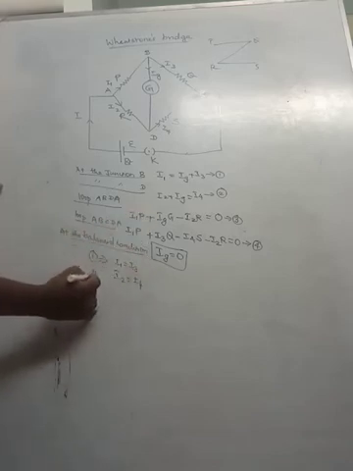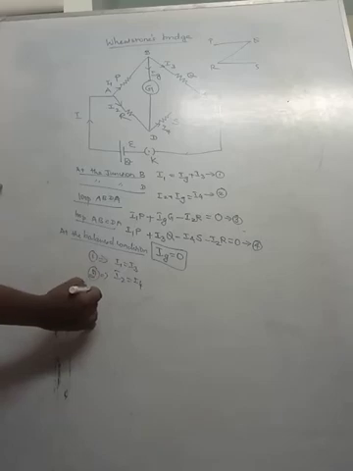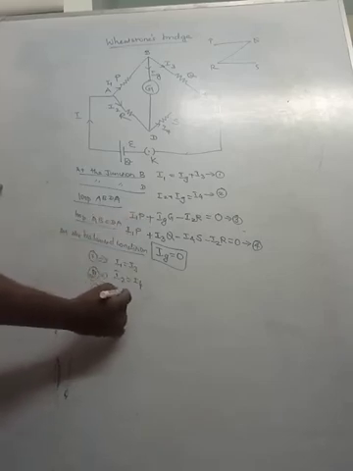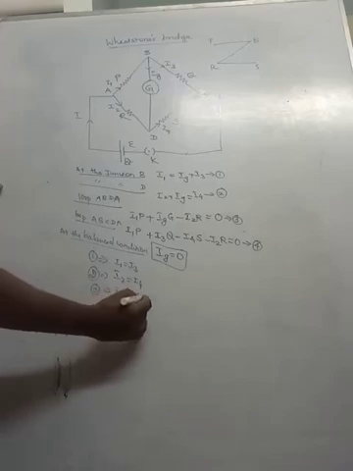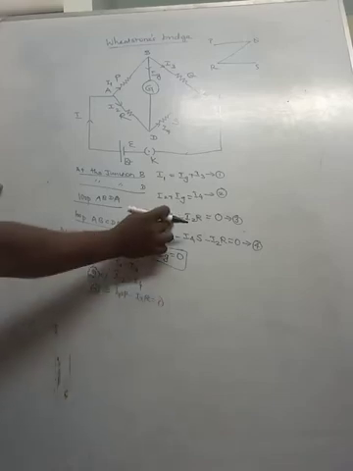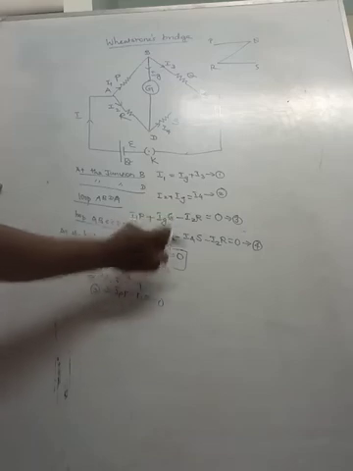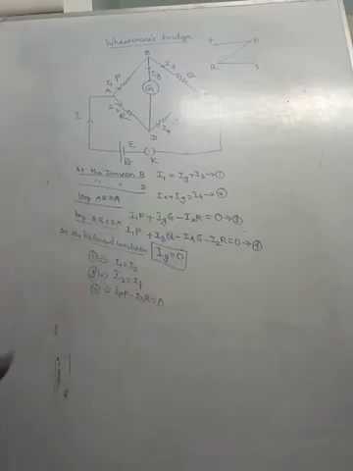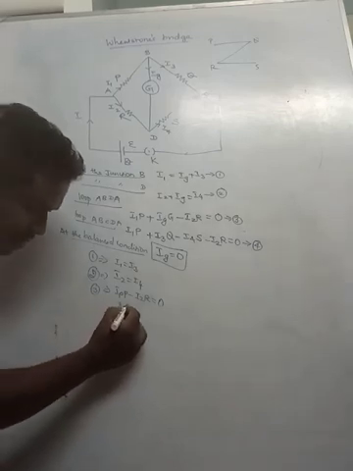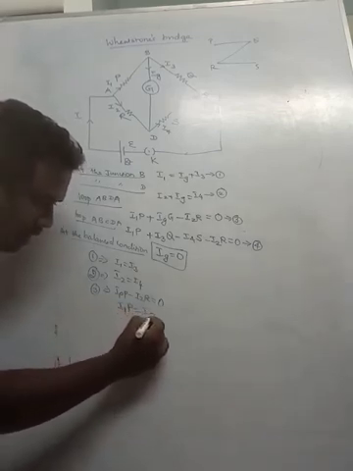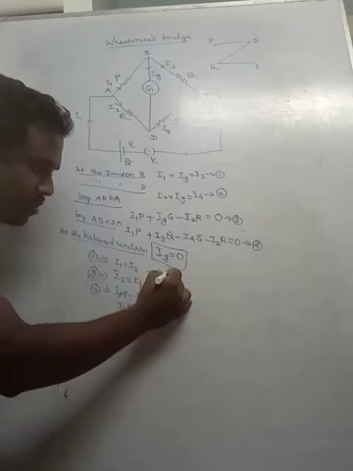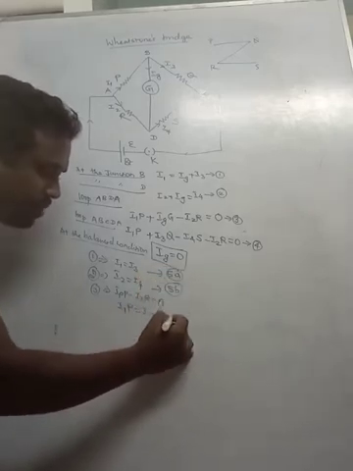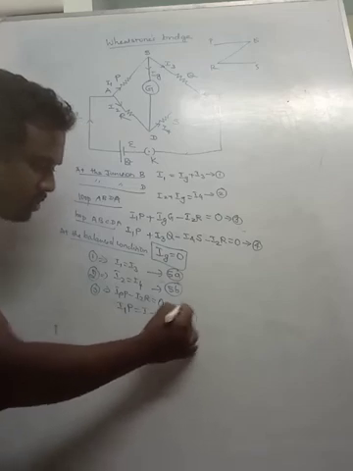And in equation 3, what can you write now? I1P minus I2R is equal to 0 because this term will become 0. Ig will be 0. So I1P minus I2R is equal to 0. That means you can write it as I1P is equal to I2R. Take this as equation 5A. This you take as equation 5B. And this you take as equation 5C.